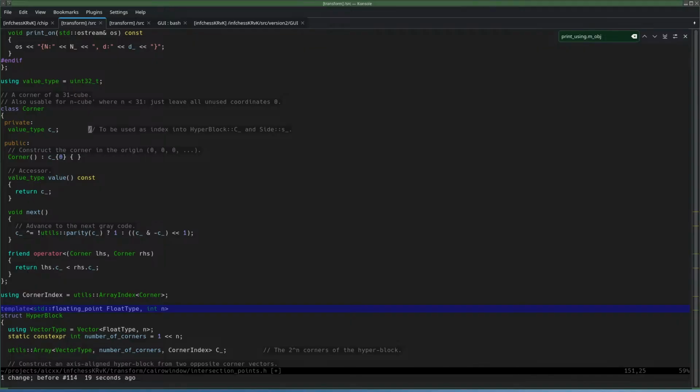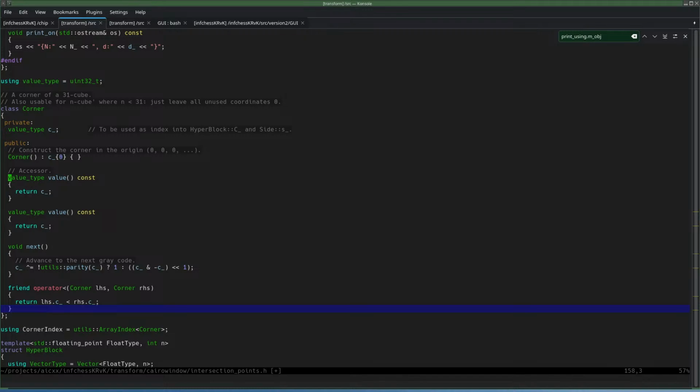Yeah, but then we will have a problem if we use... okay, see, we can do it. I can do it as follows. We can return it as a value and then use it as a value, or we can return it as an index. So this is then the index of this corner. I think that's much better. Yeah. But this will not compile because